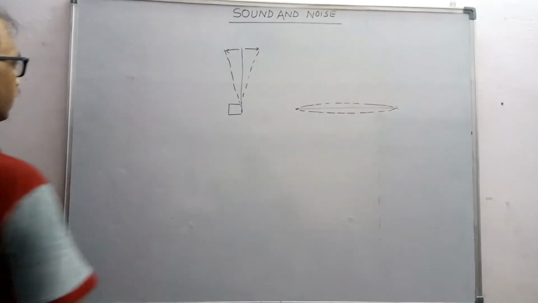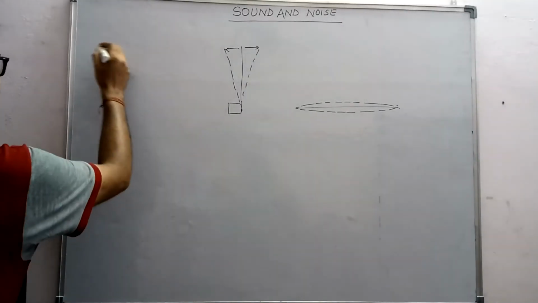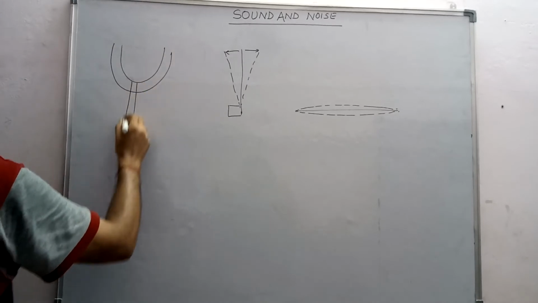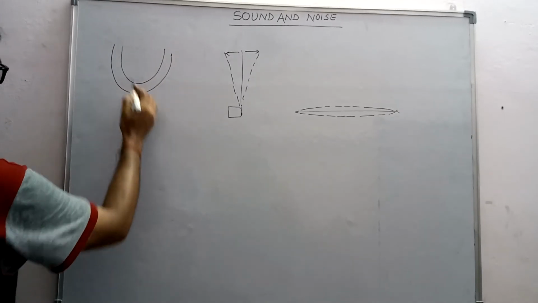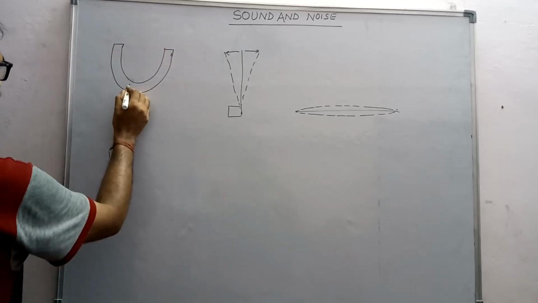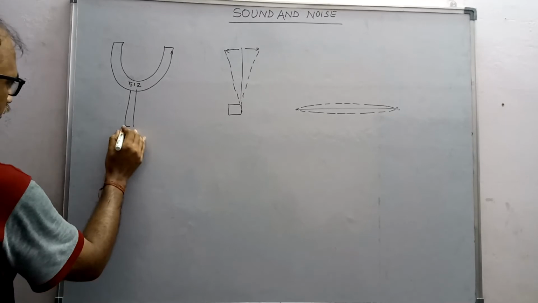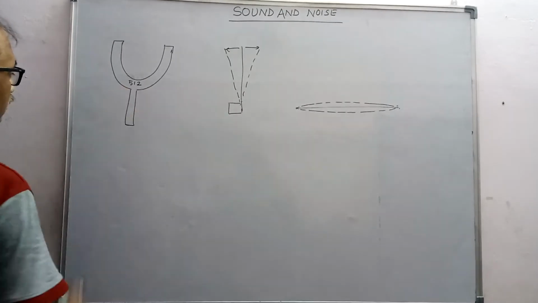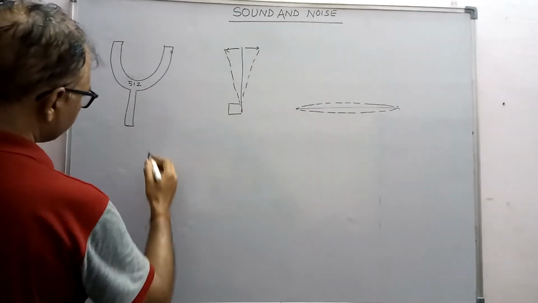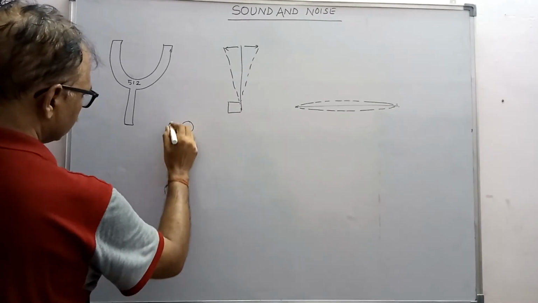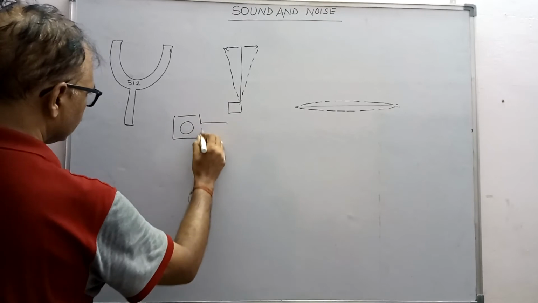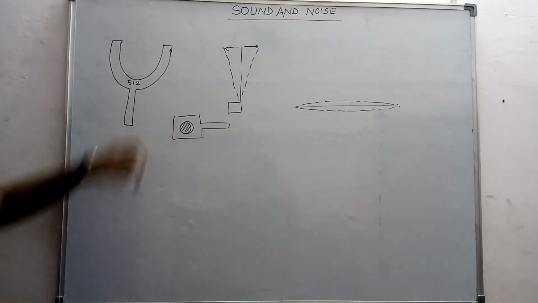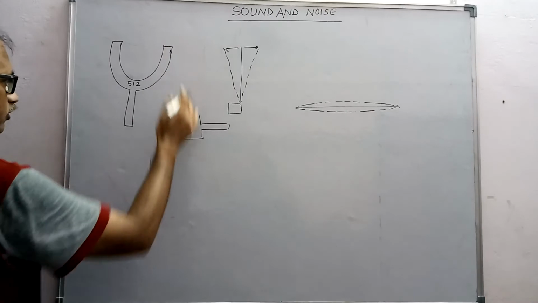Now you see, if you take a tuning fork, this is a tuning fork. In this tuning fork, you see a number is written here, say 512. A tuning fork is a U-shaped metallic object, generally made of steel. Now, this is a rubber pad. When this end is struck, hammered on this rubber part,